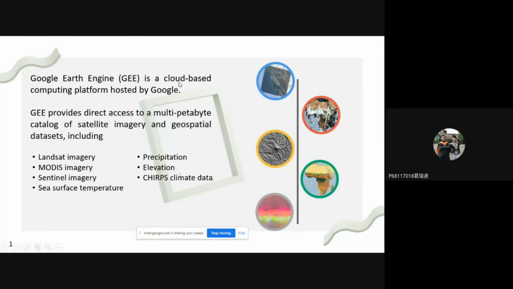Google Earth Engine is a cloud-based computing platform hosted by Google. This platform can access a multi-petabyte catalog of satellite imagery and geospatial datasets, including Landsat imagery, MODIS imagery, Sentinel, sea surface temperature, precipitation or rain data, elevation data or DEM, and climate data.